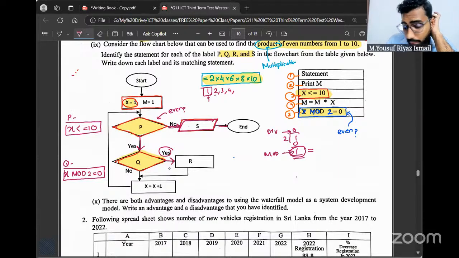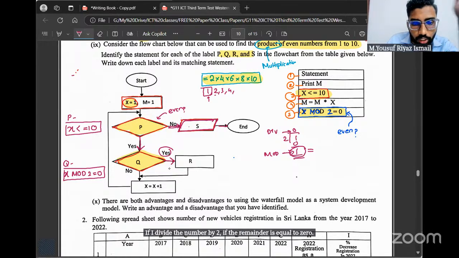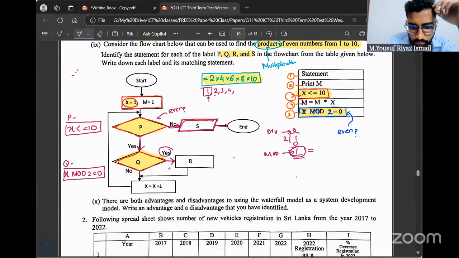Now x here is a number, right? If I divide the number by 2, if the remainder is equal to 0, is it even or odd? Exactly. It's an even number.